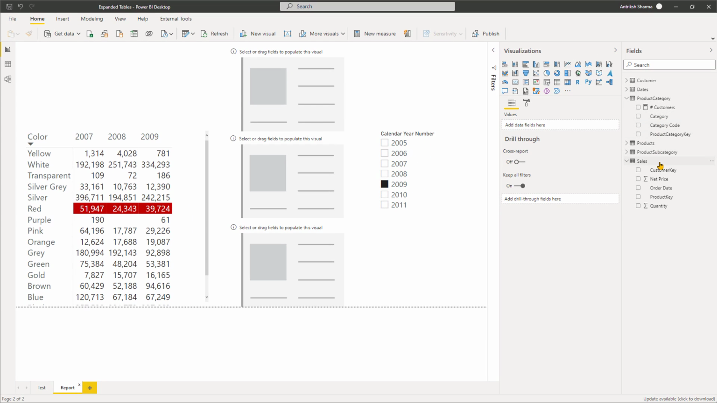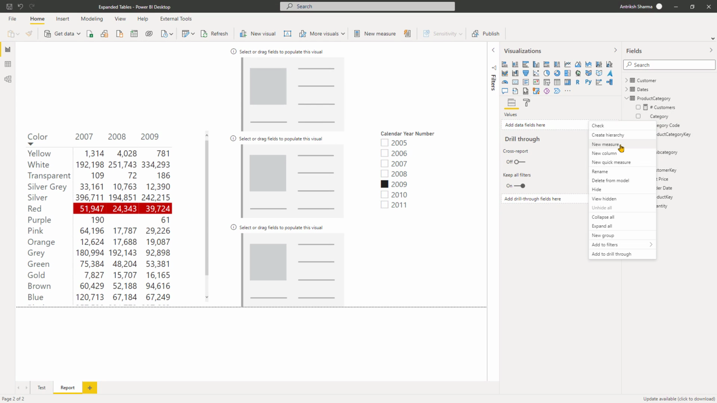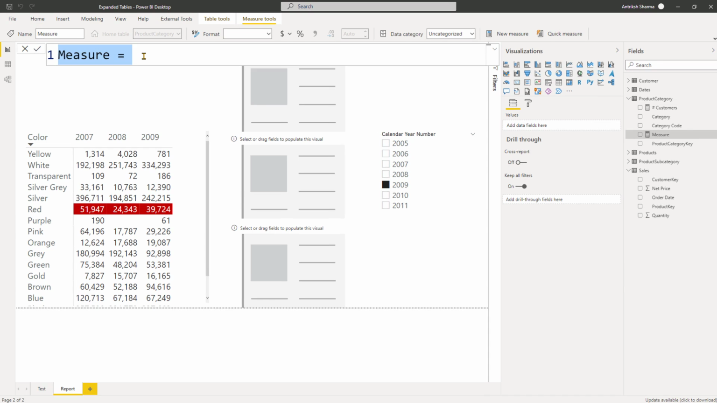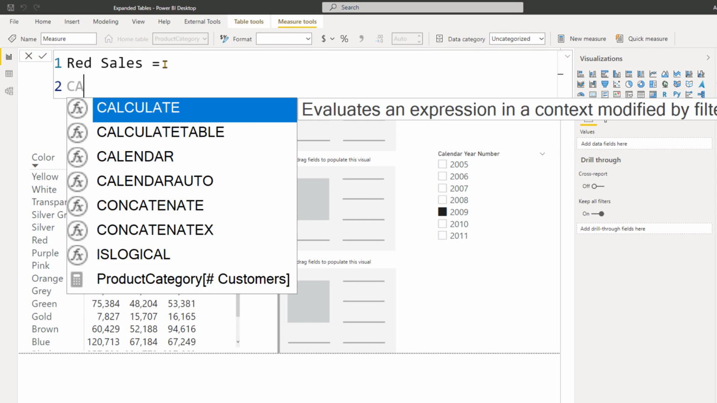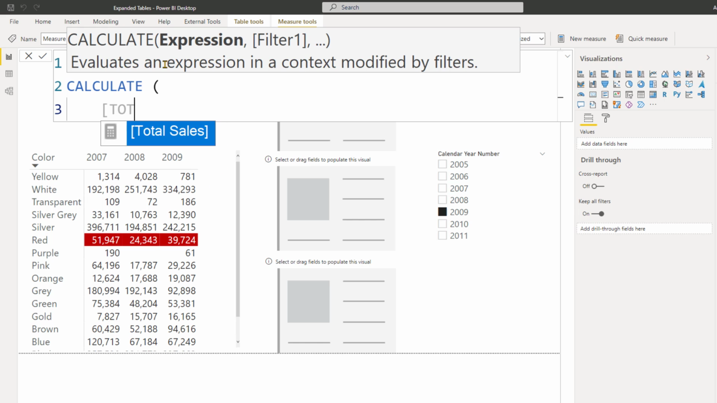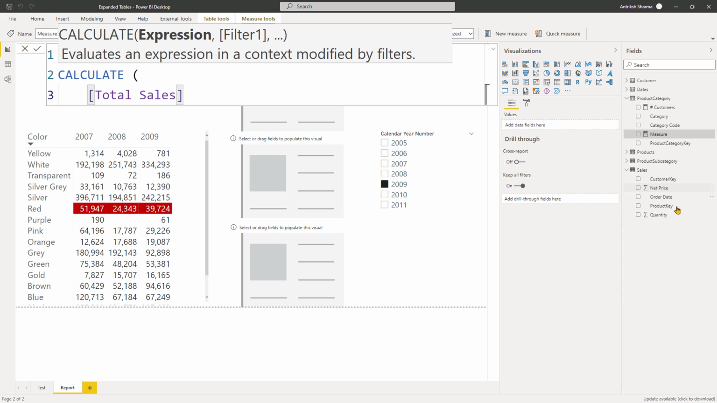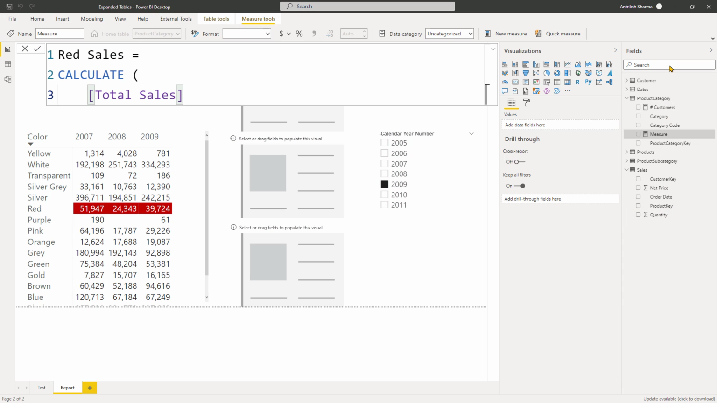So let's create a measure and try to identify if the calculation that we are going to write is going to work or not. We can create a new measure and name it red sales. We are going to write CALCULATE total sales, and let me just show you the definition of the total sales so that there is no confusion. Let's find our total sales measure,